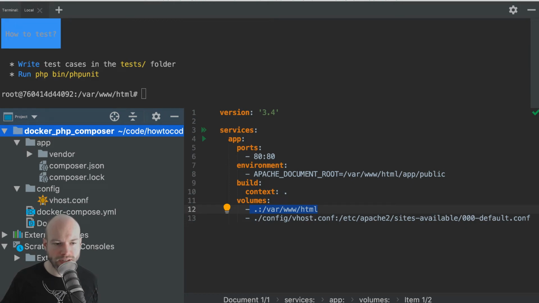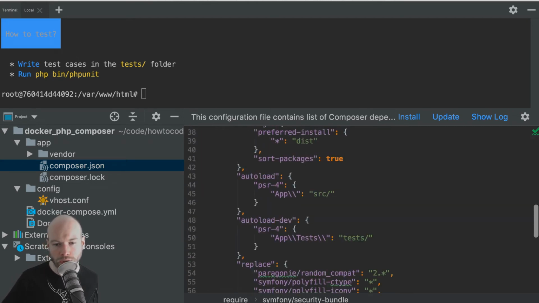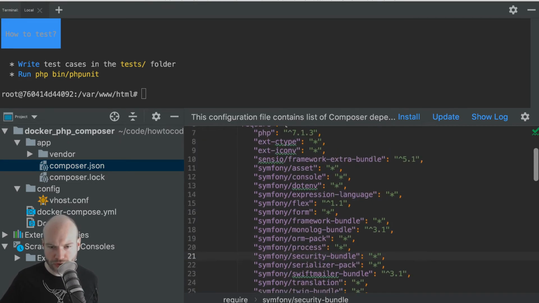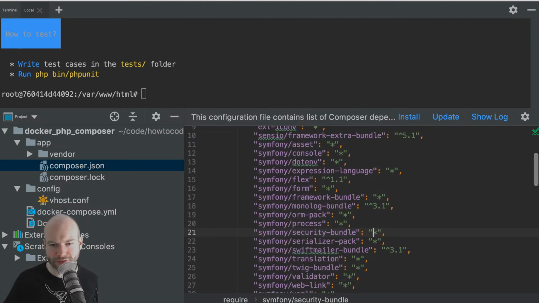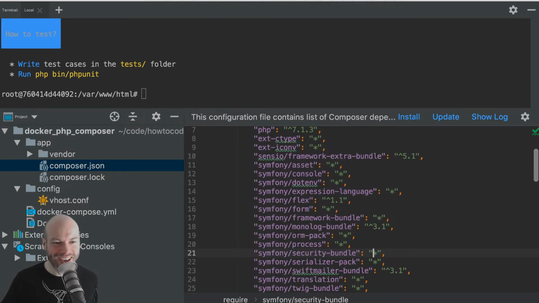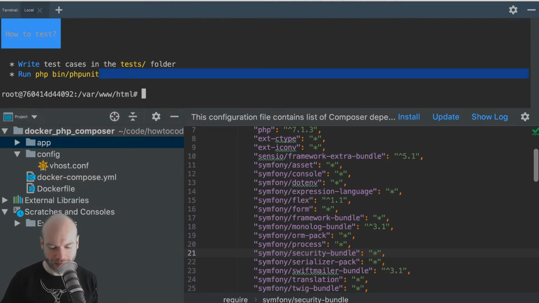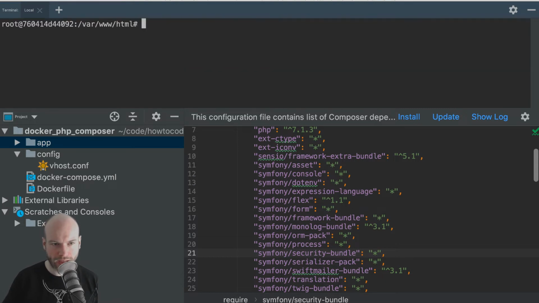If I went into the vendor, we can see it all there, which is all good. We can also see the JSON file and the JSON lock file. Let's just take a look at the JSON file. So these are all the packages that were installed. Oh my word, there's so many for Symfony. Although these are fine. These aren't. I say it like it's JavaScript. This isn't a node modules folder, right? Anyway. So let me just clear down that screen. Let me just check a couple of other bits and pieces as well.